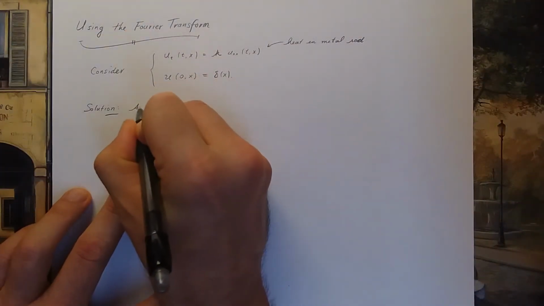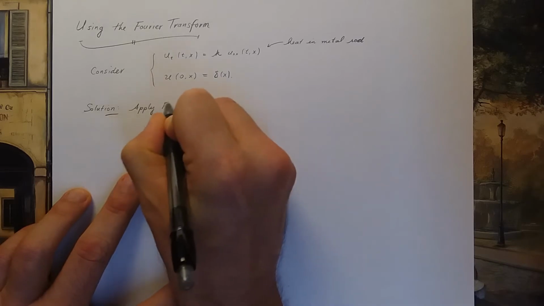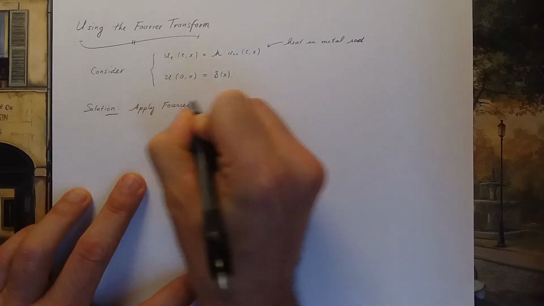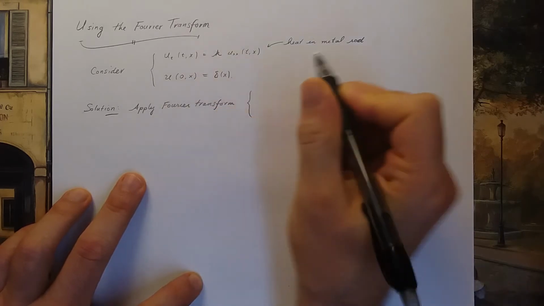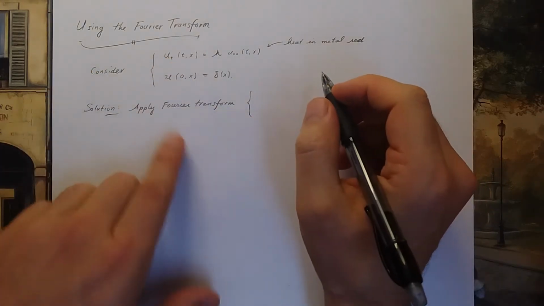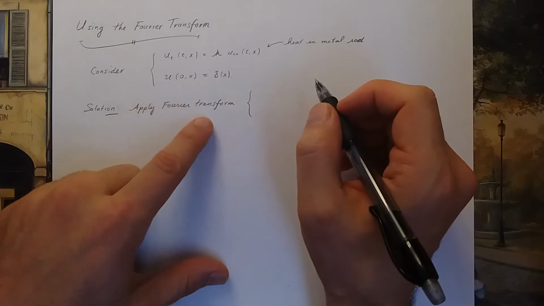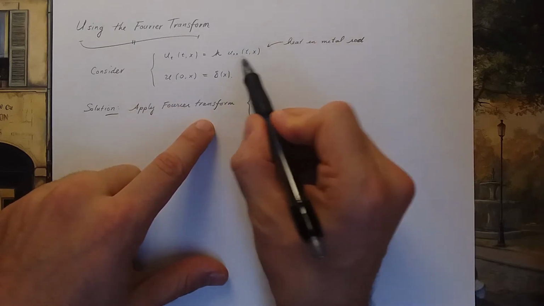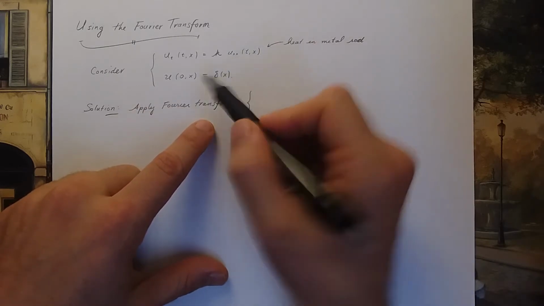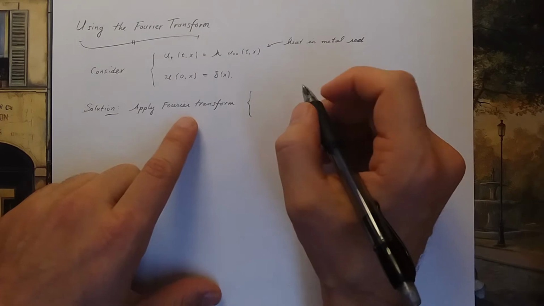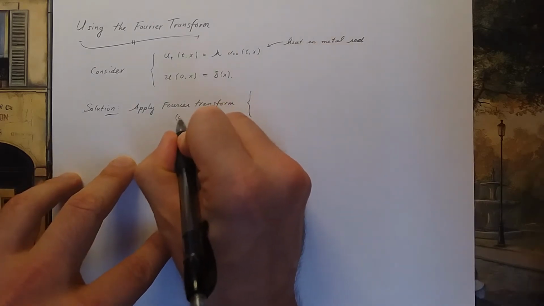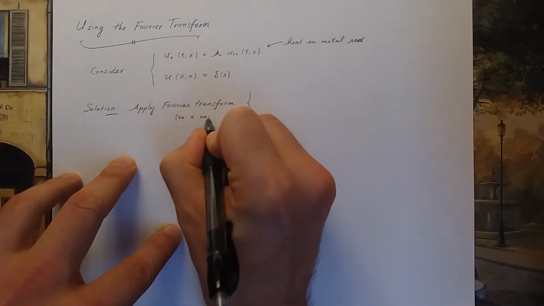So apply the Fourier transform, and I should remark, I'm going to apply the Fourier transform with respect to the x variable. So we defined the Fourier transform as applying on the t variable, but of course I could apply on the x variable as well. So I'm going to apply on the x variable,